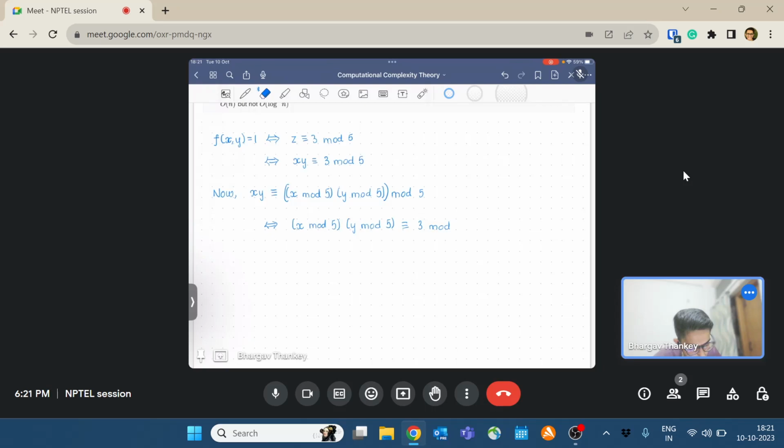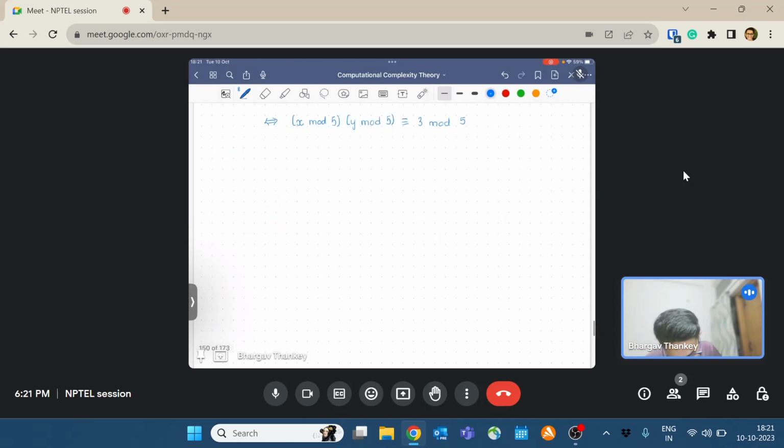So if Alice has x and Bob has y, and Alice sends x mod 5 to Bob, then Bob can compute y mod 5, multiply it by x mod 5, and then check if it's 3 mod 5, right? So the protocol is,